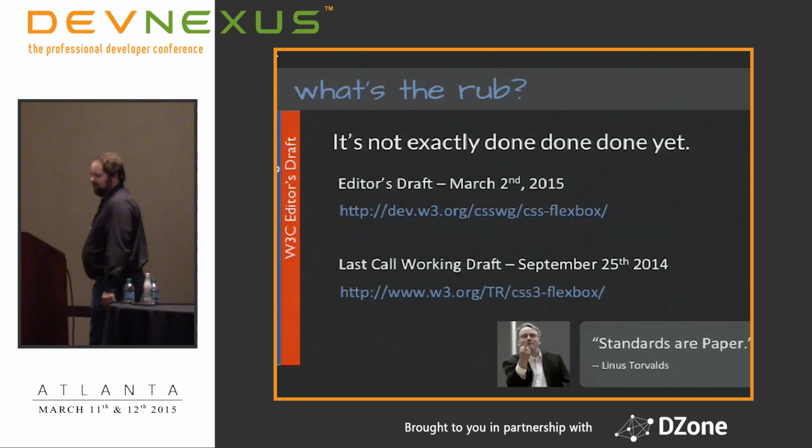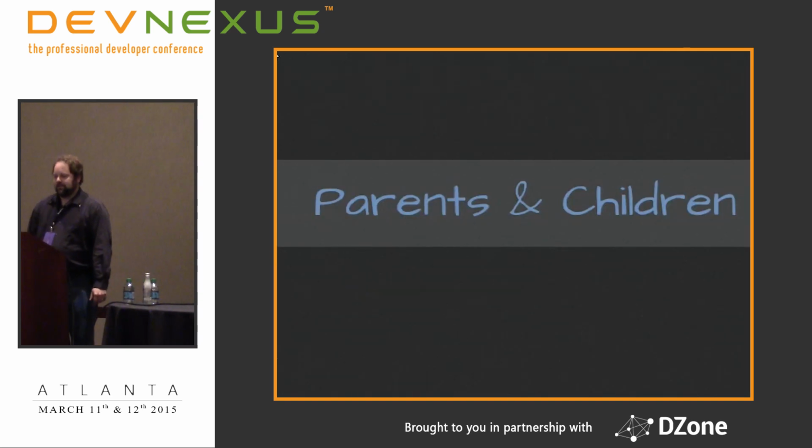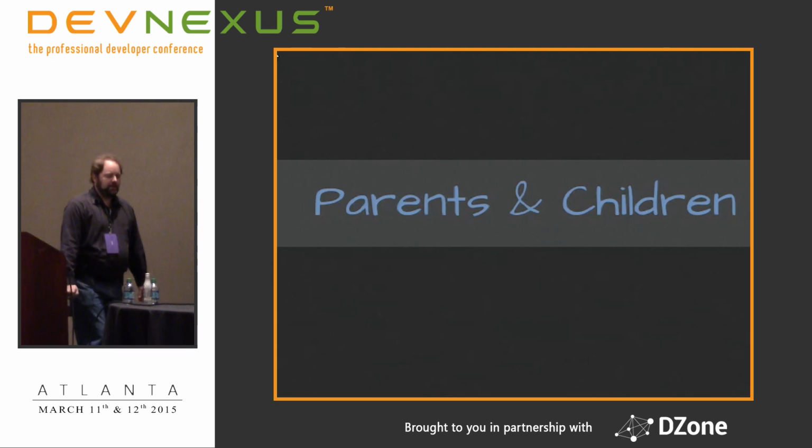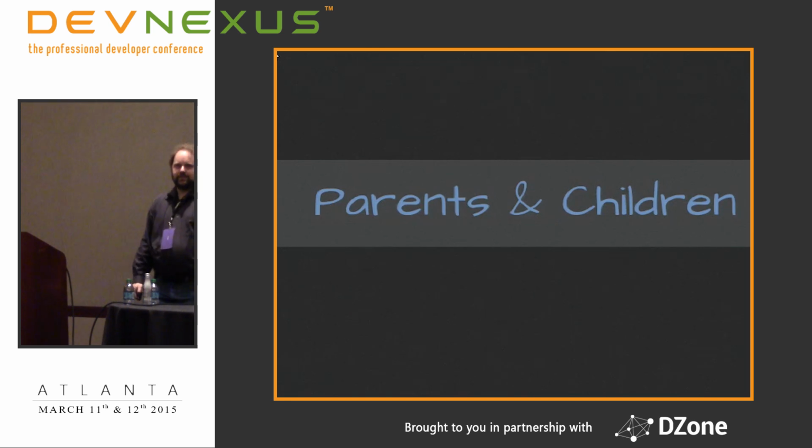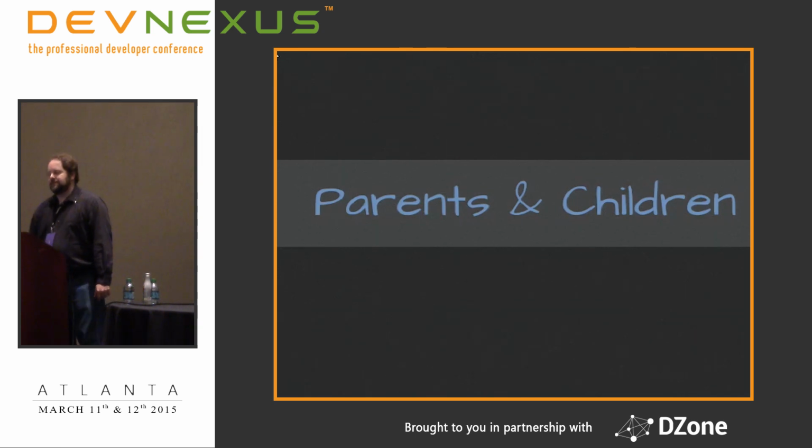So, just a couple of slides left, and let's hop into some code. So, let's talk about this parent and children. I was trying to think of a joke like teenage angst or something like that, but we'll just hop into it. So the parent, let's just say we have a div. And even though I said everything was going to be semantic, I have a div that's a parent, and I have another div inside that's a child. So I am going to be able to assign properties to either one of those, and we'll zip through this and see this in code,